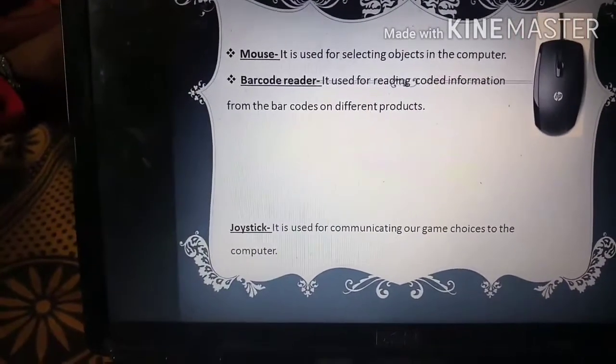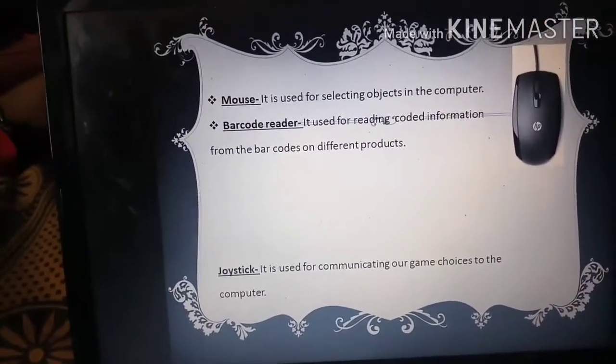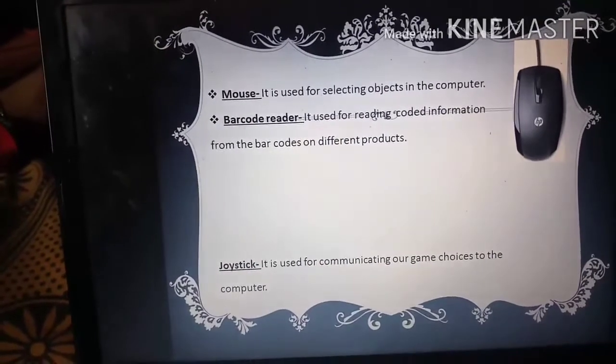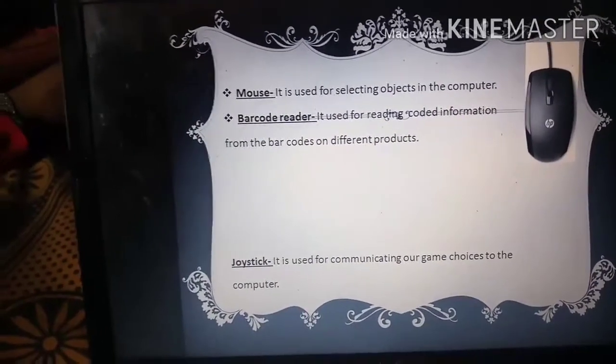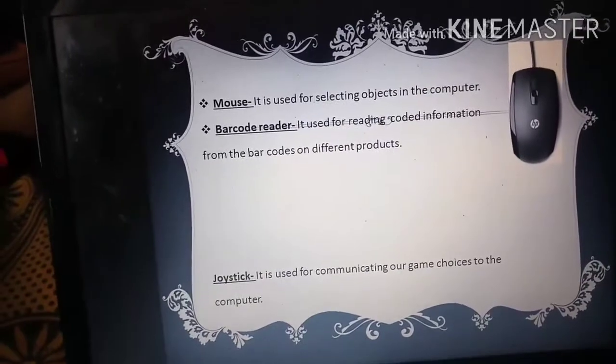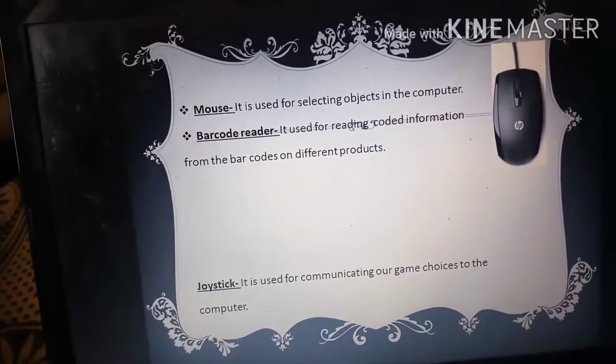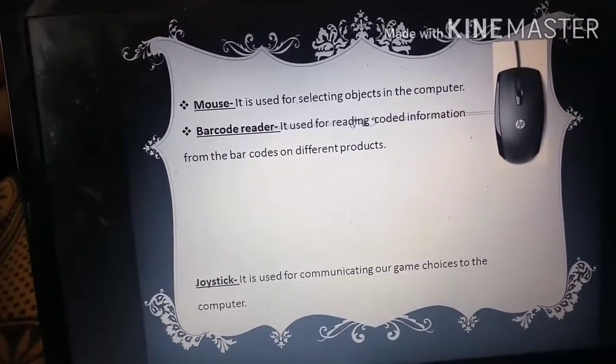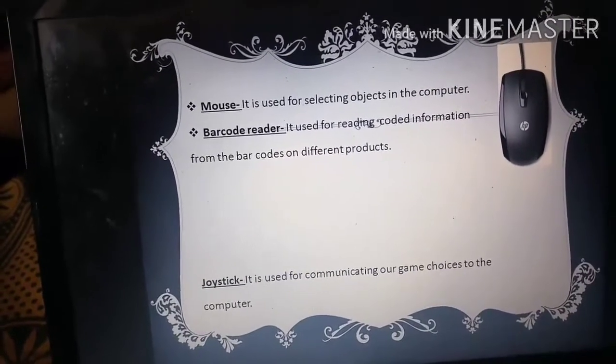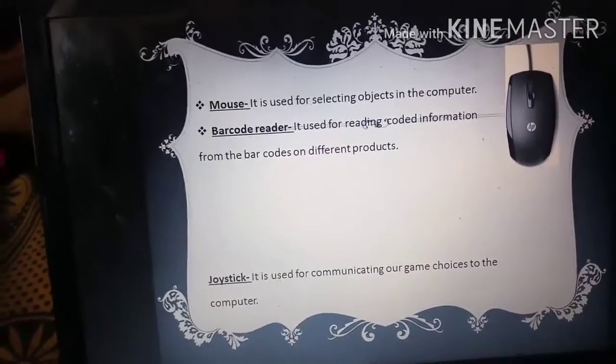Then come to the next point, the barcode reader. Students, right now we are discussing input devices. Next is the barcode reader. What is it? The barcode reader is used for reading coded information from the barcodes on different products.